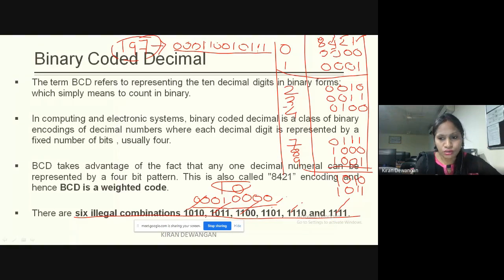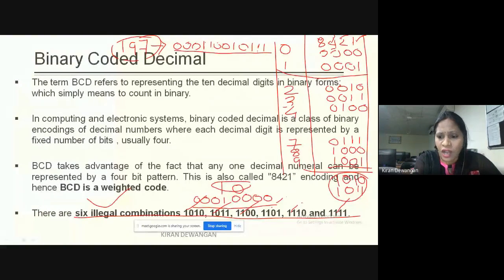We have made use of 10 combinations out of 16. If we are using 4 bits, definitely we'll have 16 combinations, right? Of the 16 combinations, in BCD we are just making use of 10 combinations. जो rest of the 6 combinations हैं, they will be considered as illegal combinations.